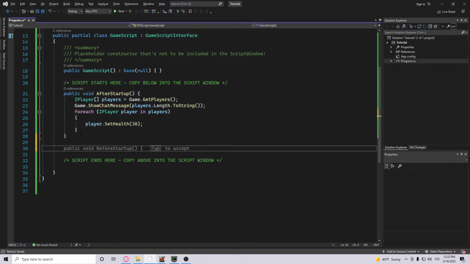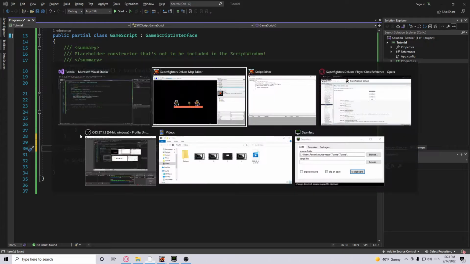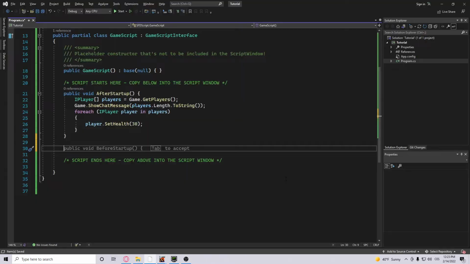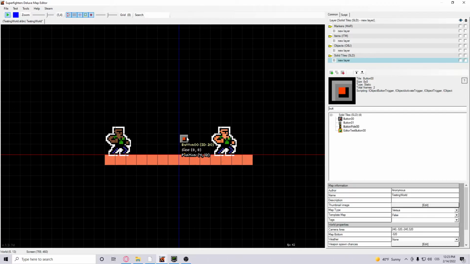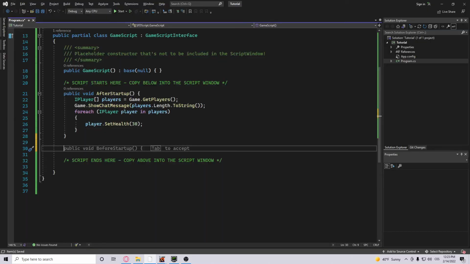Not really. And I will show you, well, the point of this example is that these triggers have a script method which can call a bit of code from the script, and this is showing you how. So the script method must be filled out for the script to run. For example, let's say heal, because that's what the button will be doing. So public void heal